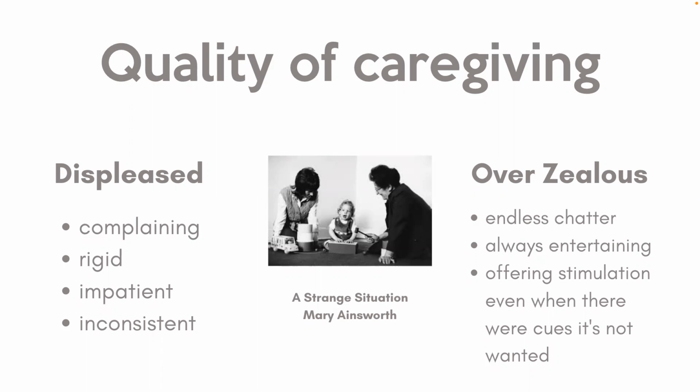And it also looked like offering stimulation even when there were cues that it was not wanted by the child. So this could be that the child was either pushing it away or looking away, or just showing signs like, hey, it's not landing. So the child is trying to communicate, again, a need, like, hey, this is too much. I don't like it. I don't want it. And maybe the caregiver in this situation is saying things like, no, you love this toy, or this is fine, I'll move it over here,